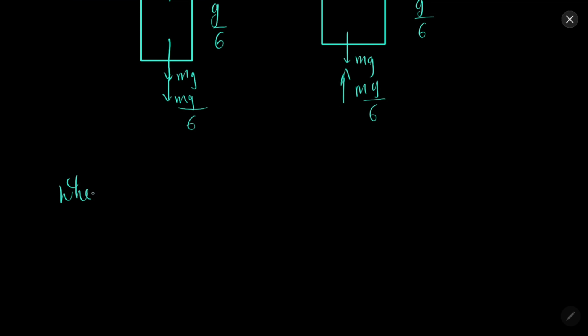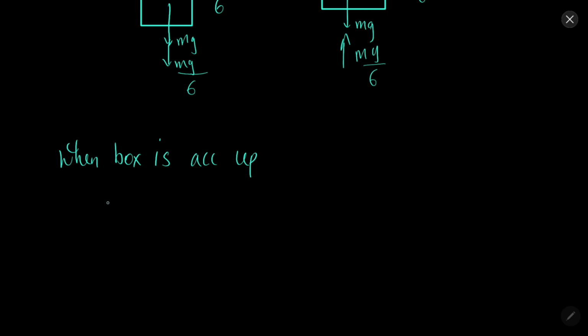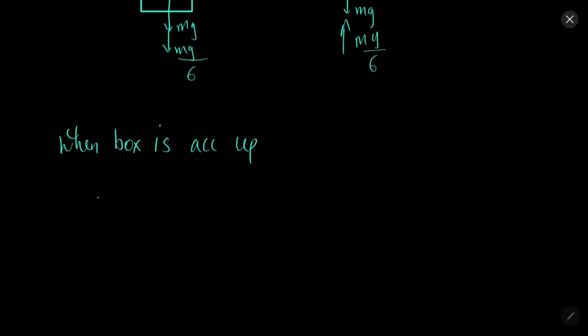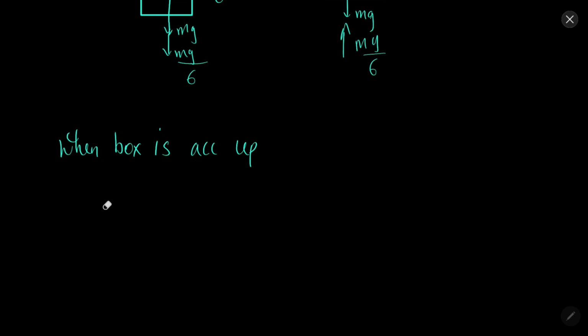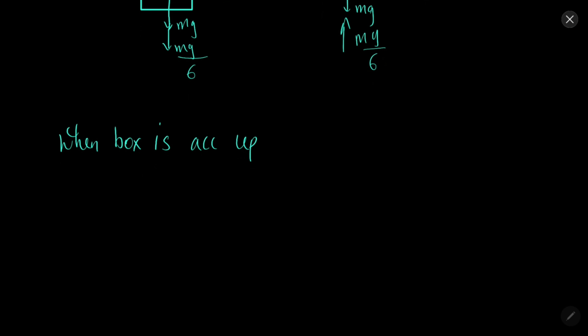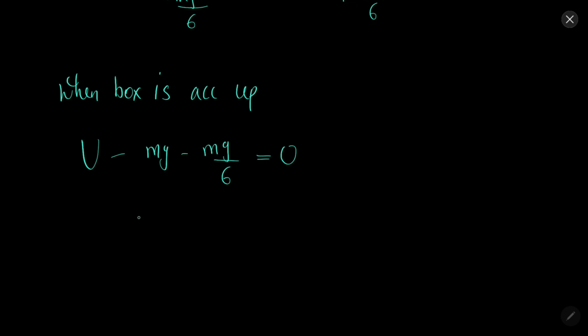So when the box is accelerating up, in that case we have V, let's name it something else, let's say it is U. Or you can take R as well, anything. So normal force minus mg over 6 equal to 0. So U will be 7 mg over 6. So from here mass can be 6u over 7g,